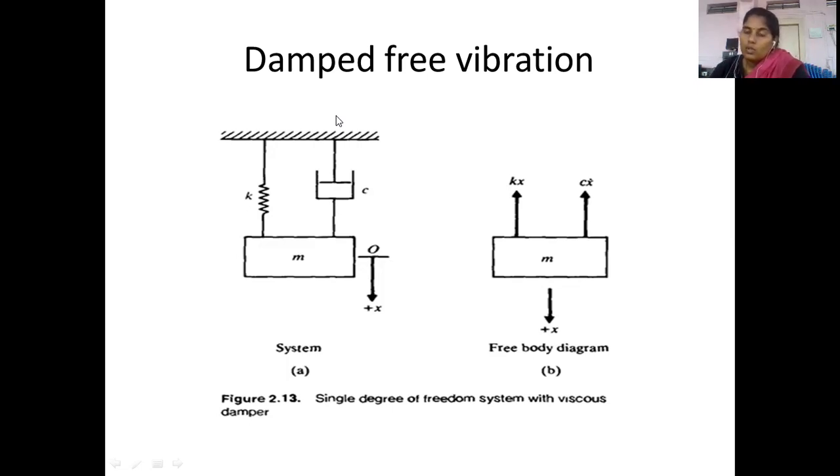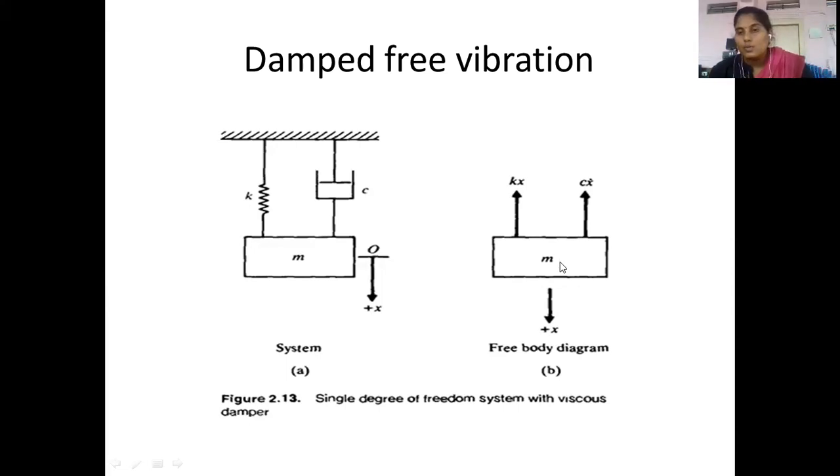In case number 1, in derivation number 1, there was an undamped system, so the C parameter was 0, and that's why the Cx dot, the damping force, was 0. But coming to equation number 2, it is a damped system, so the Cx dot or the C parameter will be here. I hope all of you have completed the diagram.